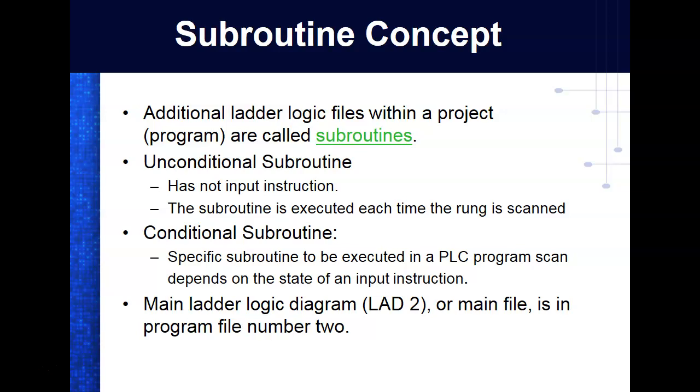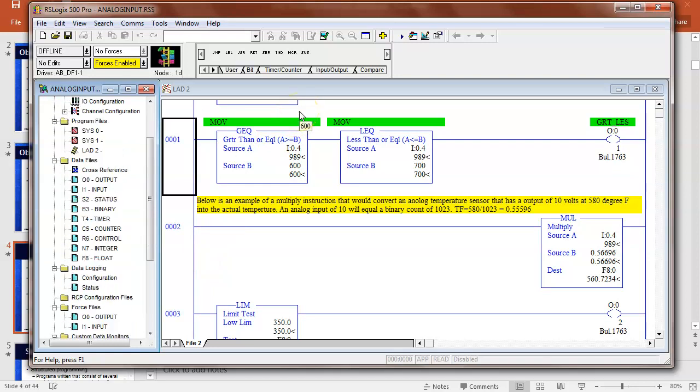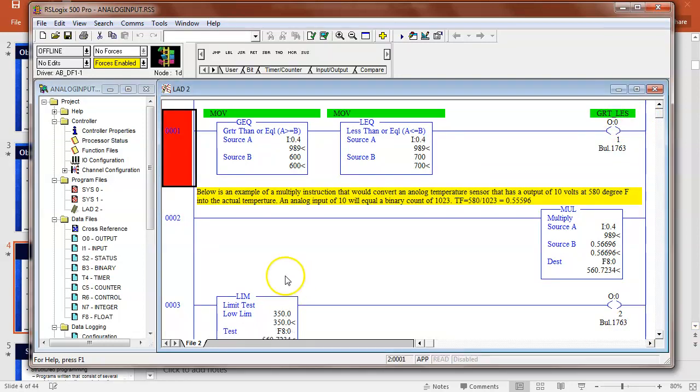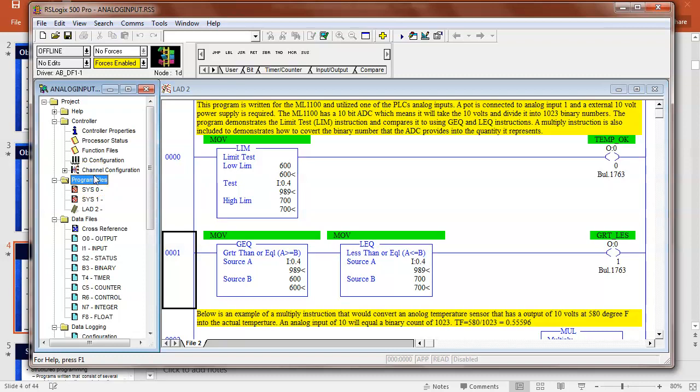So how do we create subroutines? So here's the true guy, right? So let's say I want to put a subroutine in this program. What would I do? I'm not going to add a data file. Data file is memory. We want to add another section to our program. Okay, so I'm going to call up the program files. And then what am I going to do once I get there? Right click,